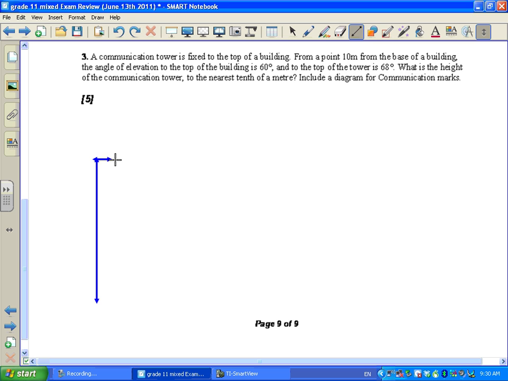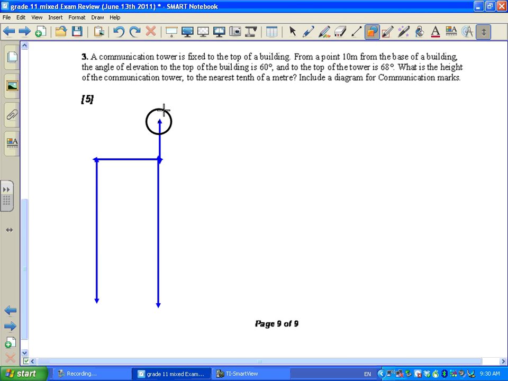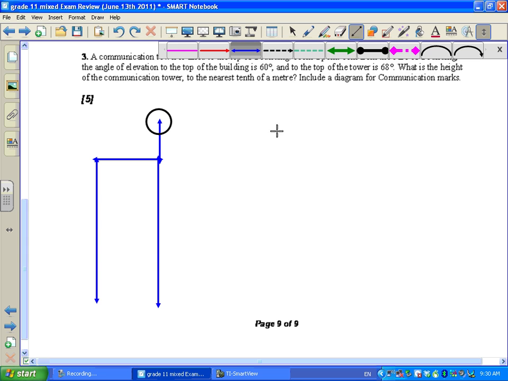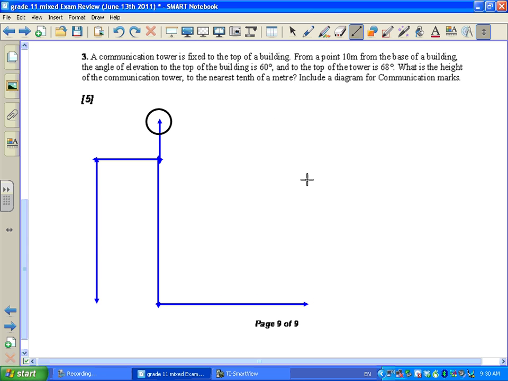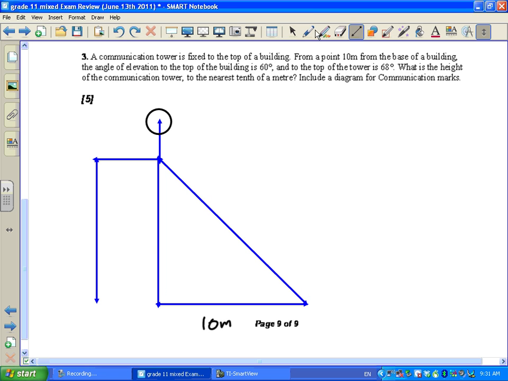Okay. We have our communication tower. Let's say that it looks like a satellite. It says that from the base of the building to a point is 10 meters away. The angle of elevation to the top of the building is 60 degrees. So here's the top of the building. That's 60 degrees. And it says from that same spot to the top of the tower,